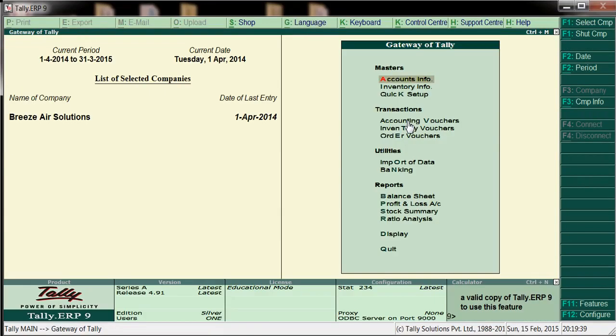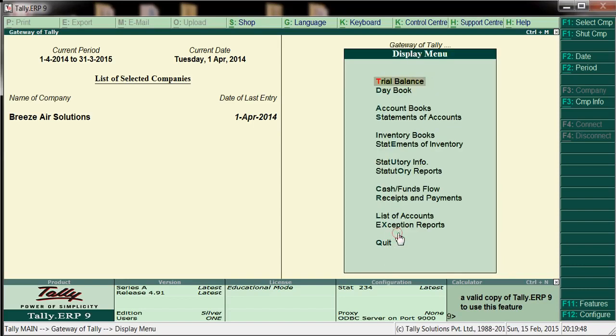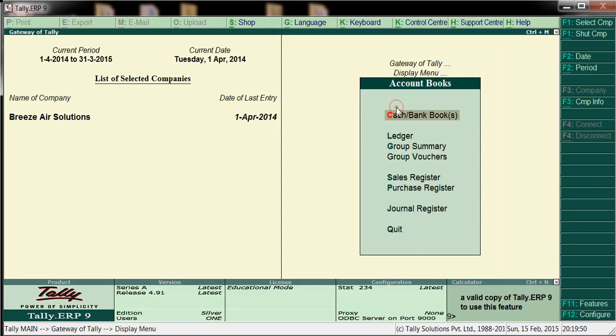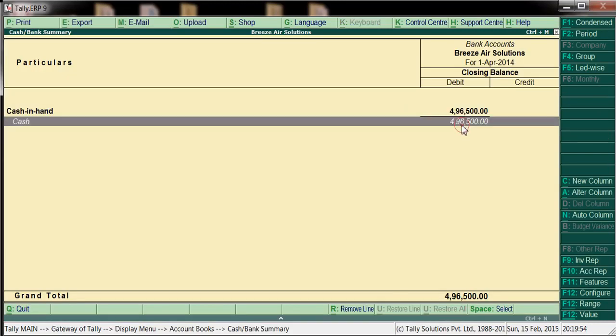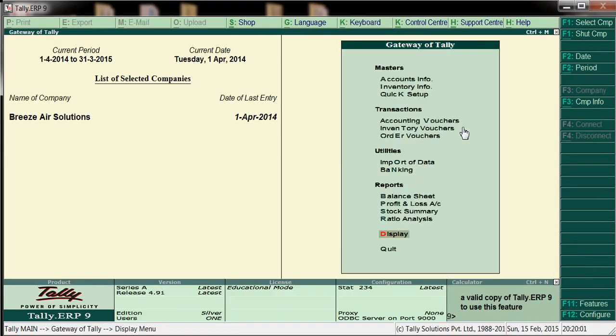Now we'll see the reports. First the cash balance. Go to display, account books, cash and bank. See, the balance is automatically reduced from cash. Come back and go to P&L.